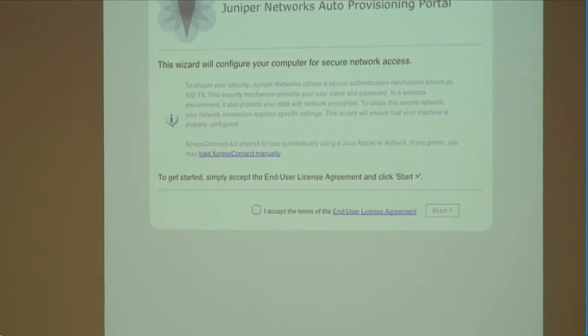So the user comes in with their device. We provide them a launching off point that's different than guest users. So we'll follow our corporate link. This is going to take us to the provisioning portal. The idea here is I have user credentials. I'm a valid user. How do I get my device provisioned for wireless and attached to the network? In this particular case, for mobile devices, the onboarding experience